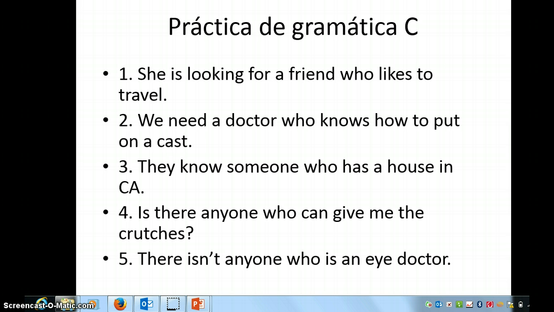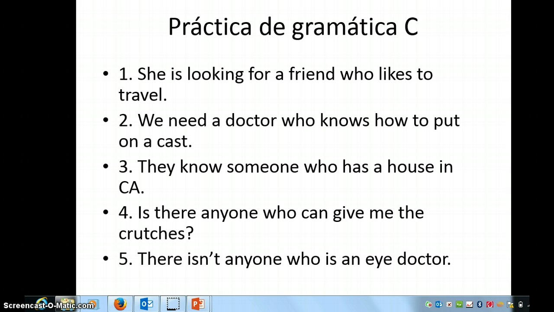are going to be using the subjunctive because their existence is unknown or uncertain. If we know somebody, or we say that there is somebody who can do a certain task, for example, there is a nurse in the hospital who can take someone's temperature, that person exists. So it ties back into the previous lesson of the indicative when things exist or are certain, and subjunctive with